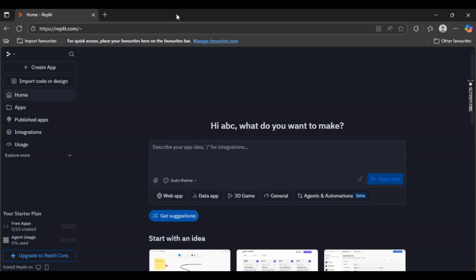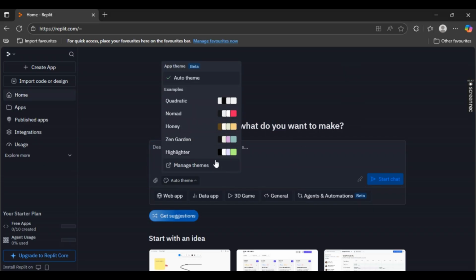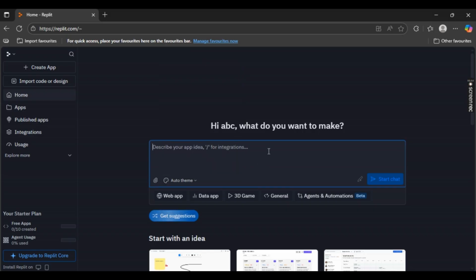Now, starting a chat with Replit AI is super easy. So make sure you are under your home tab right here on the left side. And once you're here, you should be seeing hi, your name, and what you want to make. So you can just simply type in anything right here. You can also change your theme accordingly. So right here, and you can just simply type hi and then select start chat, and it should automatically start